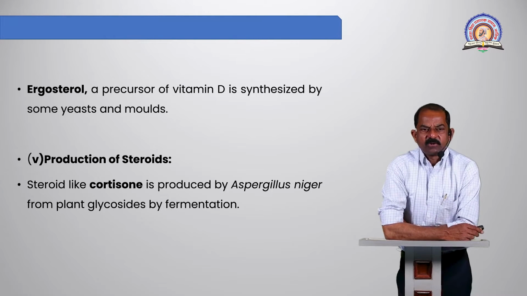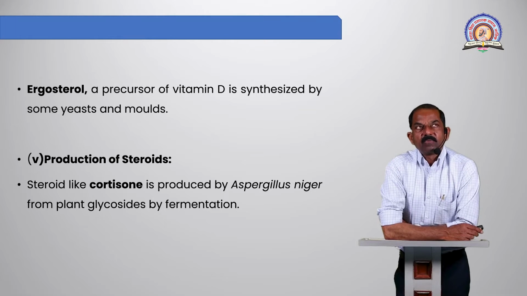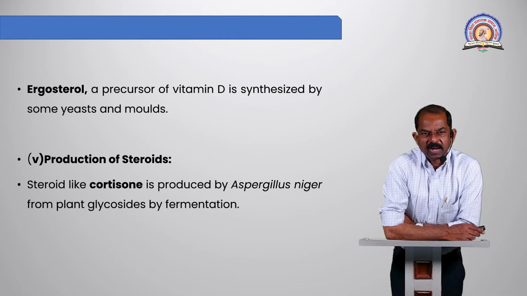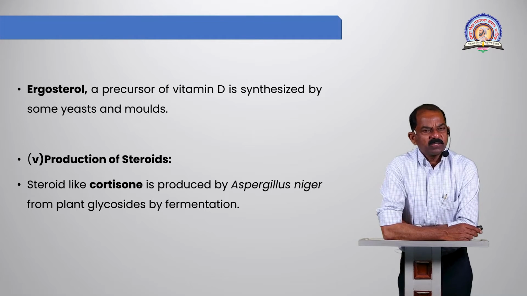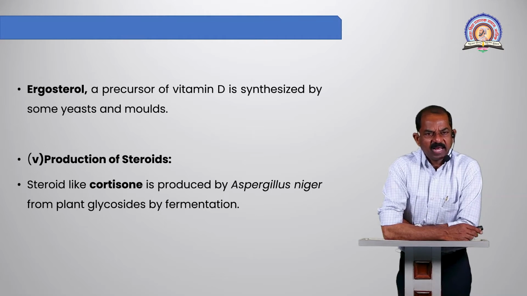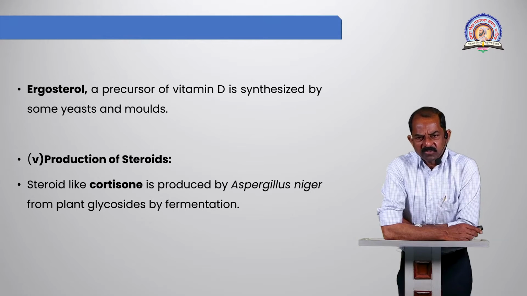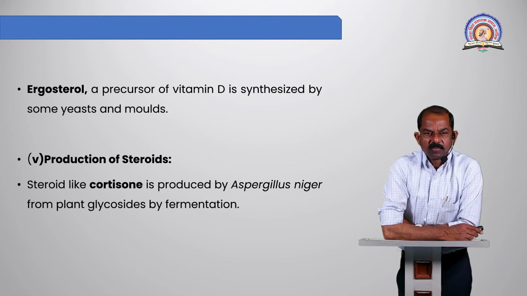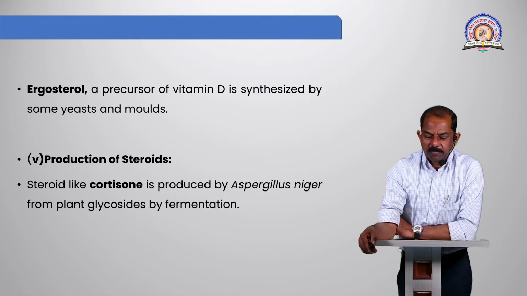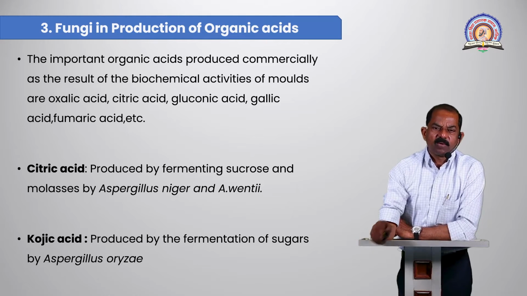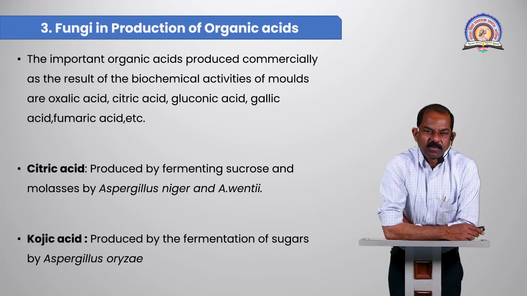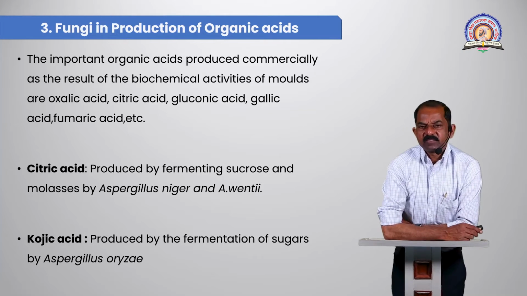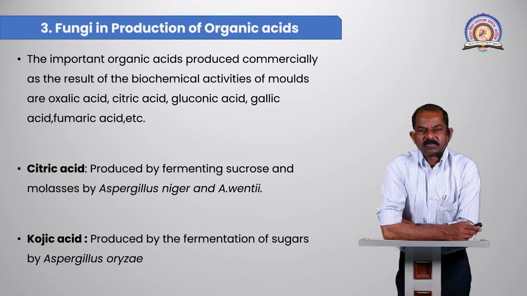Then ergosterol, a precursor of vitamin D, is also synthesized by some yeasts and molds, that is the fungi, which are producers of different steroids. A steroid like cortisone is produced by Aspergillus niger from plant glycosides by fermentation. Means the steroids are also obtained from a few fungi. These fungi are easily available, like Aspergillus niger, present in the atmosphere as a weed,